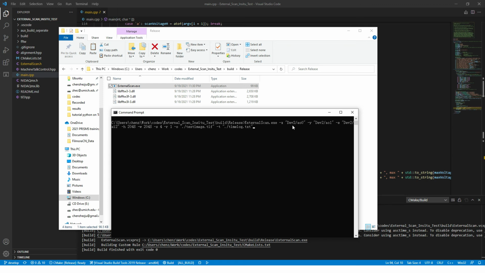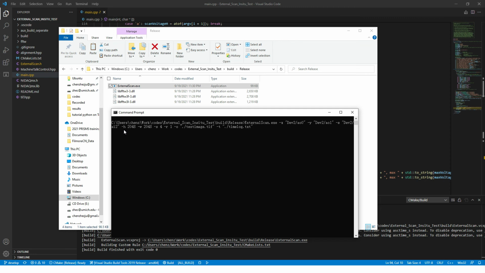So it's device 2, which is the virtual device we just created, analog output terminal 0. -y is the terminal that controls the e-beam in the y direction. -e is the detector signal input that we use to generate SEM images. So it's analog input terminal 2.